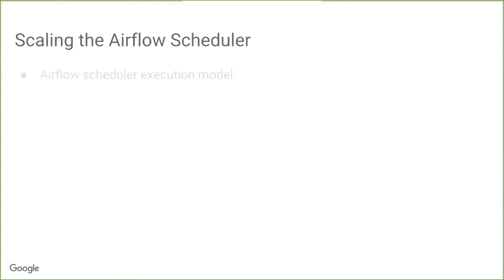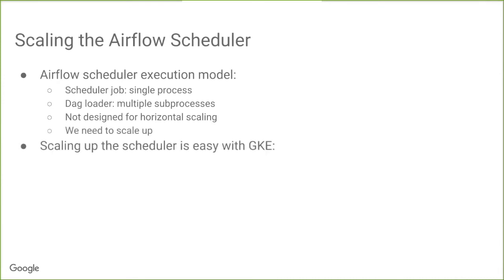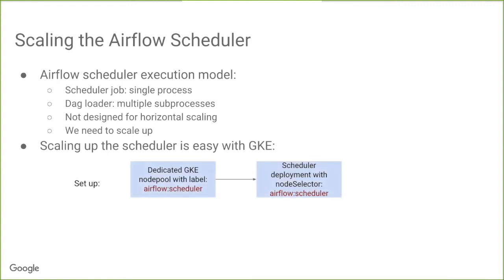On the scheduler side, we talked about this already previously, but the scheduler job is a single process, and the DAG loader is multiple sub-processes. So you can't really scale the scheduler out horizontally, but that's okay. With GKE, it's pretty easy to scale things up. So the way we would do it is